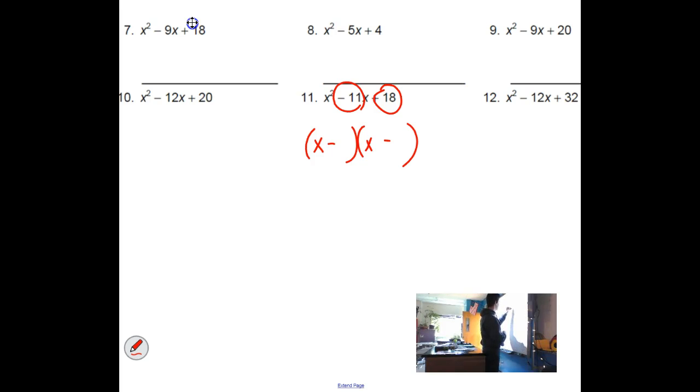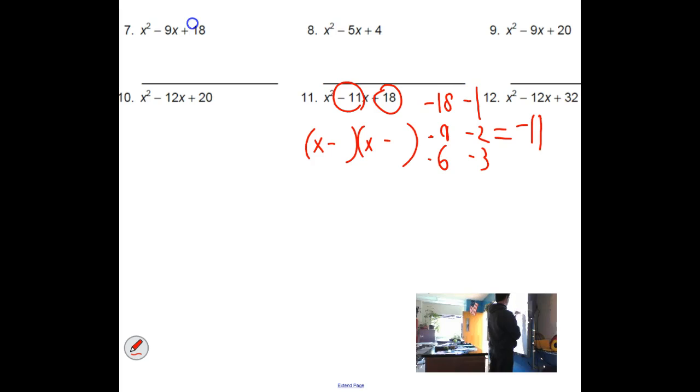I got negative 18 times negative 1, negative 2 times negative 9, and negative 3 times negative 6. Negative 9 plus negative 2 equals negative 11. So I know that negative 9 and negative 2 are going to be going into my parentheses. So x minus 9 and x minus 2 are